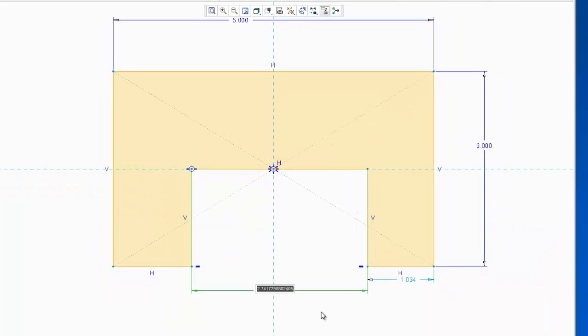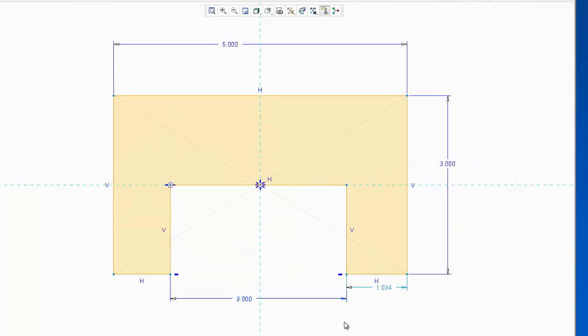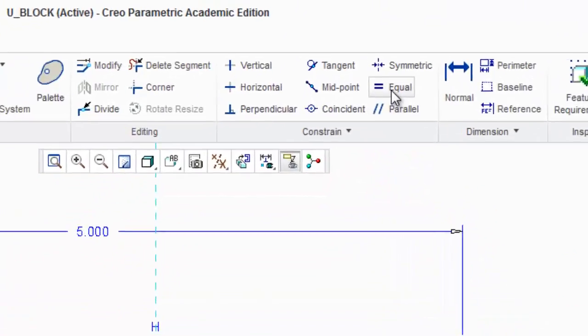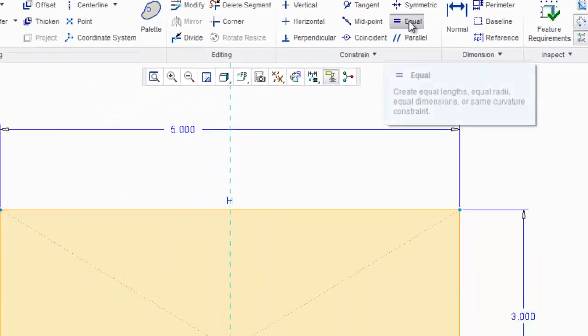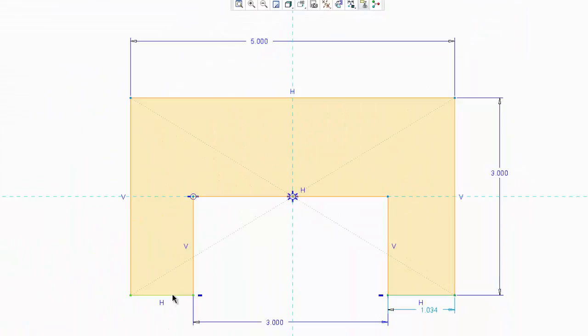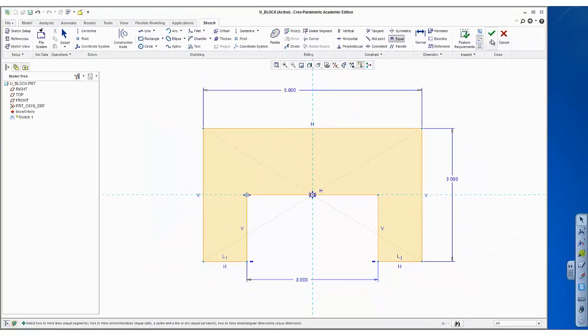There should actually be a 3, and these two edges here on the bottom, according to the worksheet, are of equal length. Therefore I will select the equals constraint, select 1, 2 lines. So now my L1 will appear, showing me that they are both of equal length. And these are all the dimensions I need. I've got my 5, my 3 here on the bottom, and then as a result I have equal length sides on left and right. And that completes my sketch. So I can hit OK,